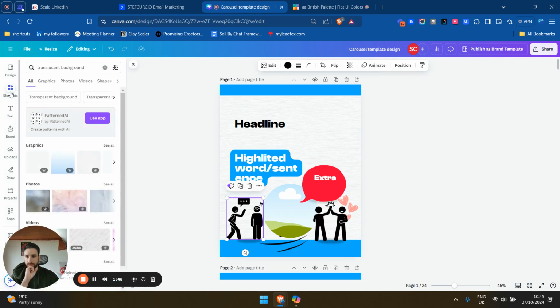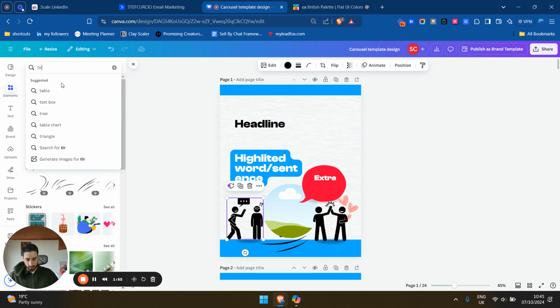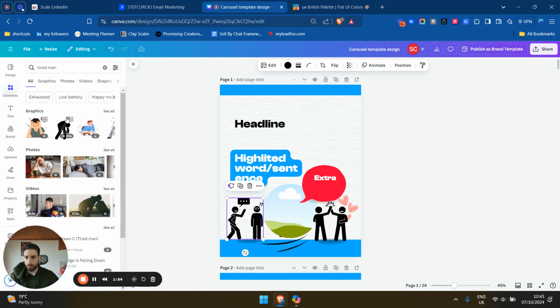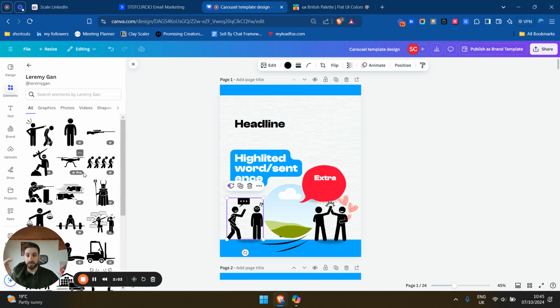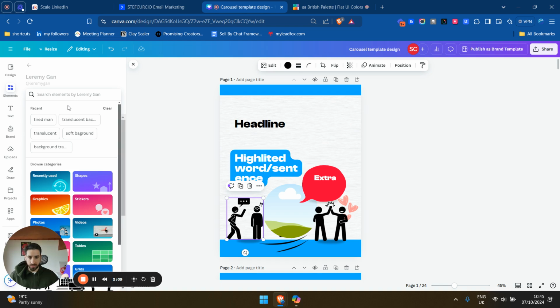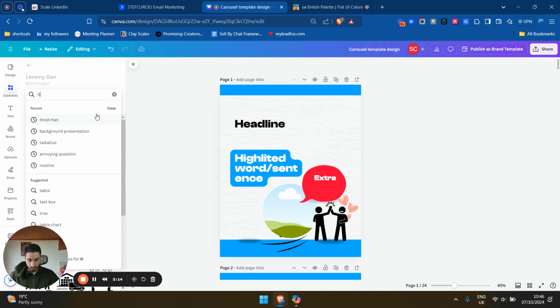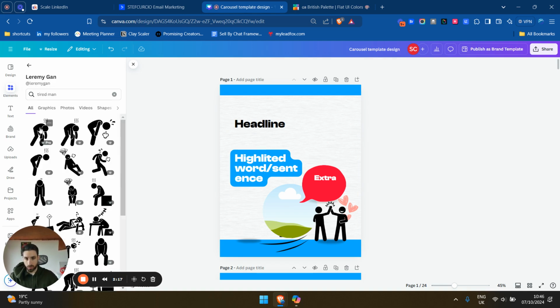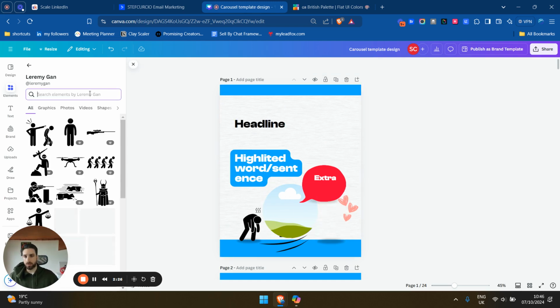So go to elements, pick a design that you like. So let's say you're looking for tired man. I don't know. And then you go to click on the three dots here, click on the name of the designer, and you will see all the designs created by this particular author. And then what you do, you pick the design that you want. So let's say you want to show a transformation, right? So you go tired man, this one, and you put in your carousel, and then you want to show a transformation that is from tired man to winner,